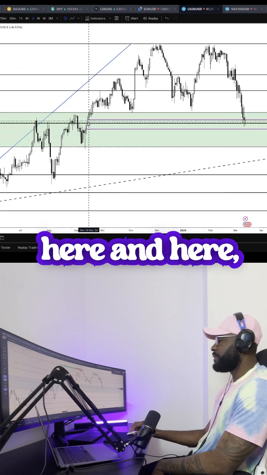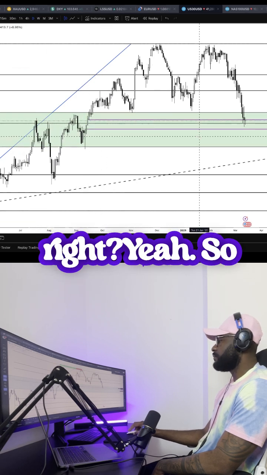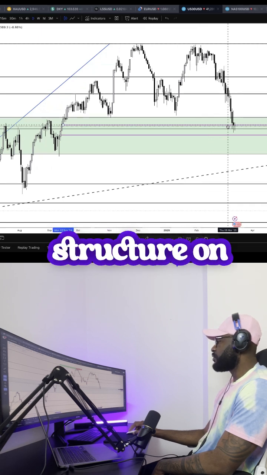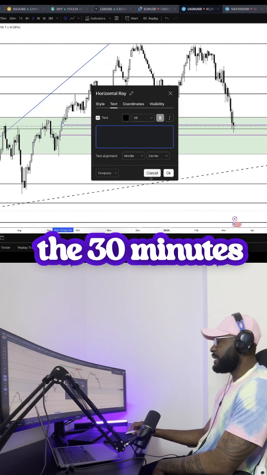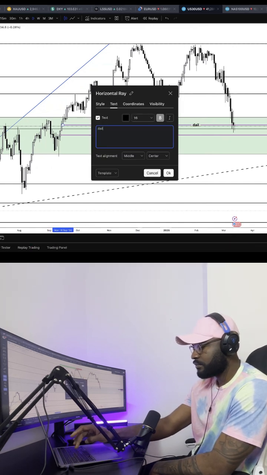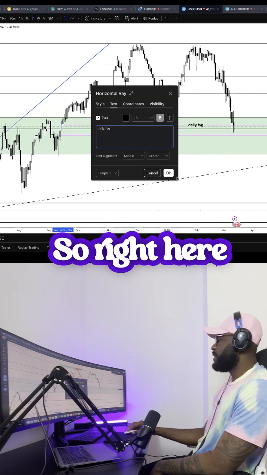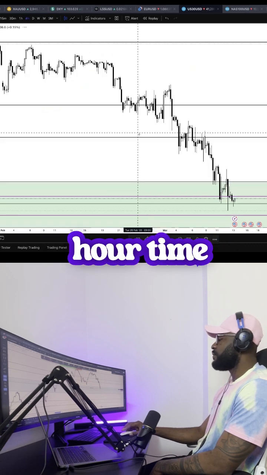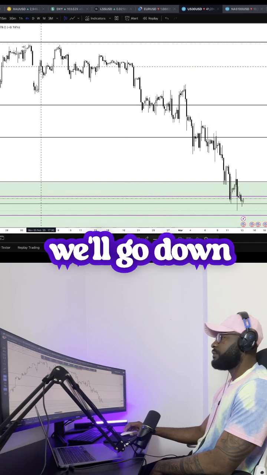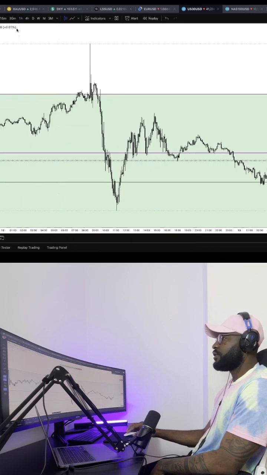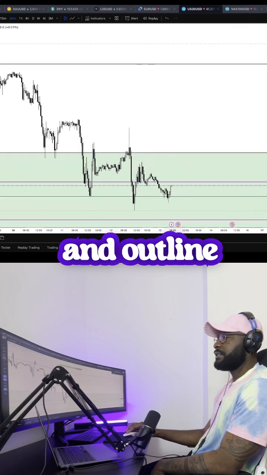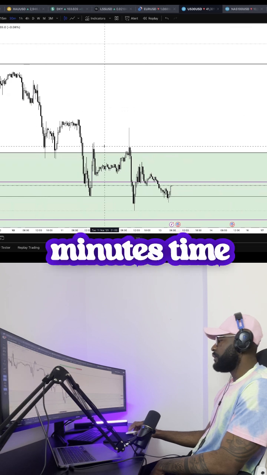You can see the fair value gap here and here, right? So I outlined the fair value gap, and the next thing I want to see is a break of structure on the 30 minutes time frame. So right here, I have our daily fair value gap. We now scale down to the 4-hour time frame, and we'll go down to the 1-hour time frame. So I'll just stick to my 30 minutes break of structure and outline the high,